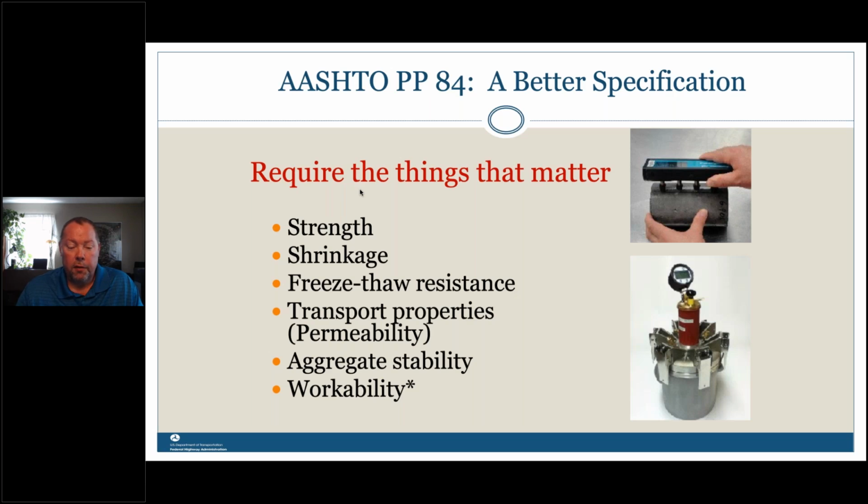And I put an asterisk on that bottom one because you might say, but Mike, you said you're not a big fan of the slump test. Why do you have workability in here? Workability is there specifically not reflecting the slump test, but we do have a couple new tests in PP84, the box test and the V-Kelly, that are applicable to slip form concrete. There are also other workability tests, I'll say very near ready, that are still in the research process. So there will be more coming, but we wanted to include a workability requirement because when you look at the